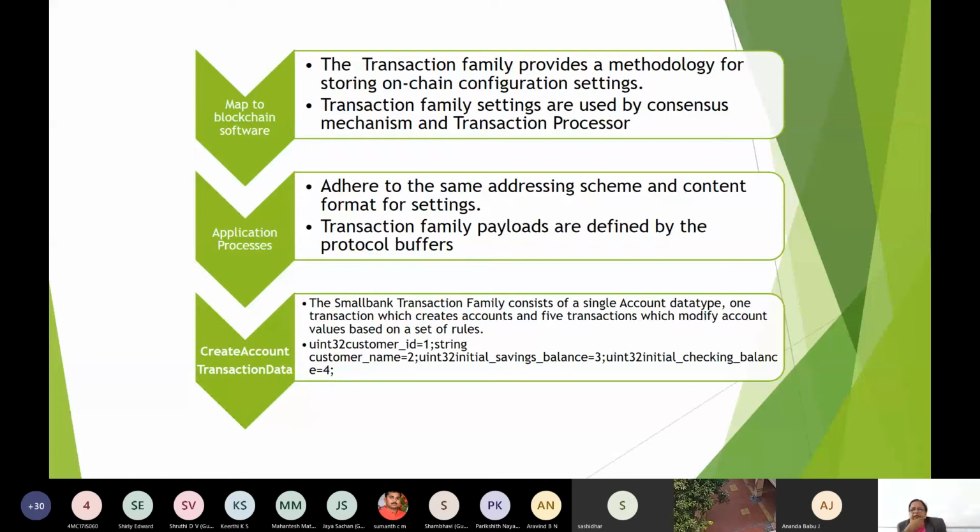Okay, in case of the application processes in the blockchain network, in case of the Hyperledger Sawtooth network, why I am telling you is that the transaction header had inputs and outputs which I did not explain.